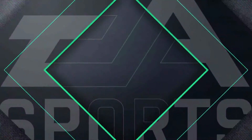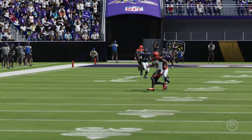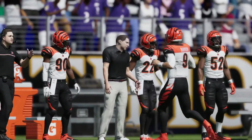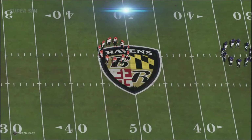4 yards. So much about offense is what you call hidden yardage. You know, you throw the ball to someone, they catch it, and then they can make a big play. You know, they create a play, run after catch. They did a really nice job there of limiting that and keeping them from a...